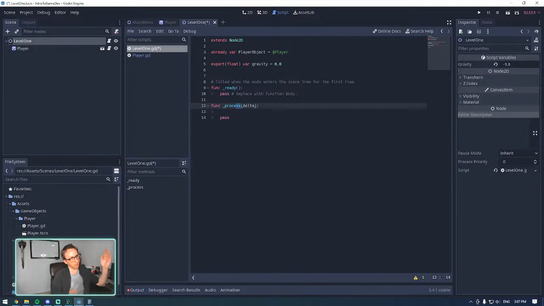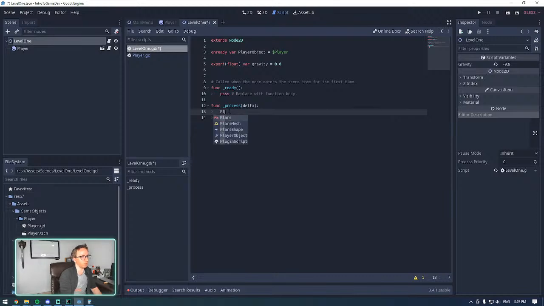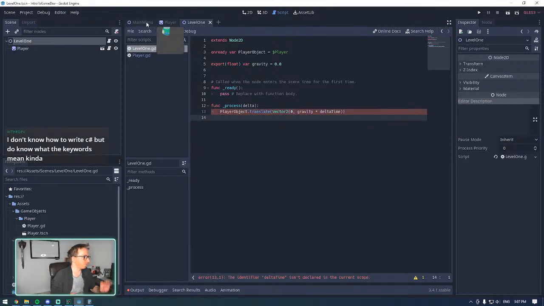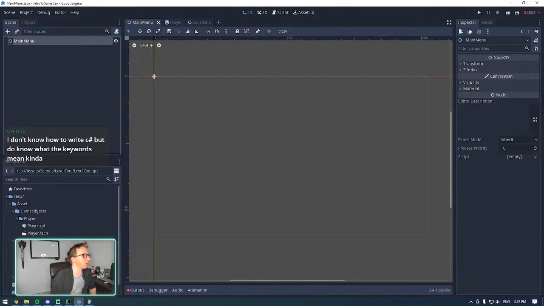Yeah, we want to bring the player down every frame using our gravity variable. So here we're going to do player object dot translate, and then it's a Vector2 offset. We're not going to offset it by 0, but we're going to do minus gravity times delta time, and that will give us a consistent speed no matter the frame rate that the player has. So now if we go here,